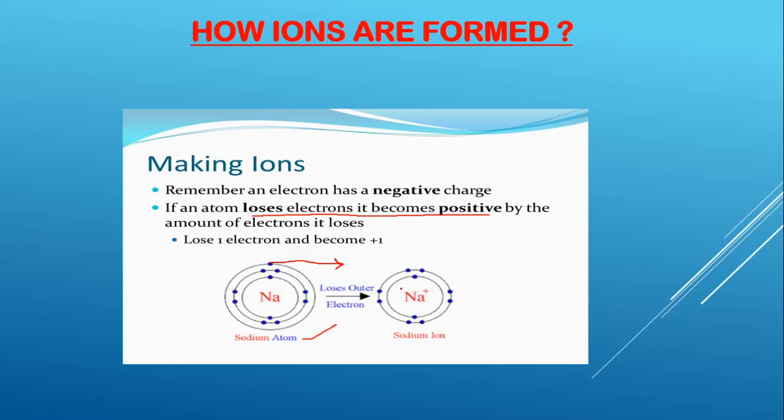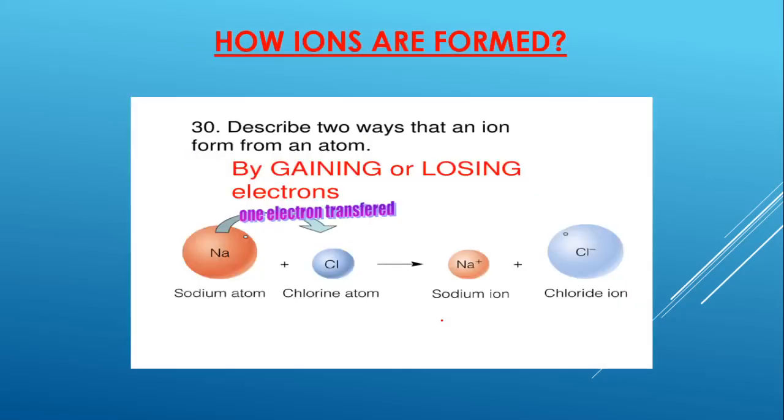The sodium ion is formed. When this negatively charged electron is lost by the sodium atom, the atom forms an ion. Which ion does it form? It forms a sodium ion. And this is a structural representation of the sodium ion, where it has 2 energy levels. These energy levels are also called orbits or shells. The first orbit consists of 2 electrons and the second orbit consists of 8 electrons respectively.